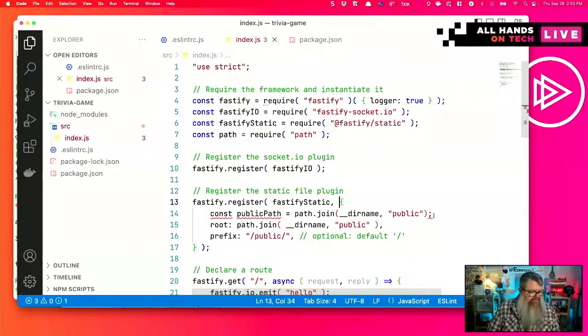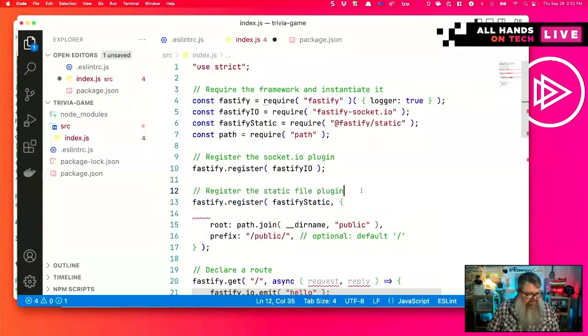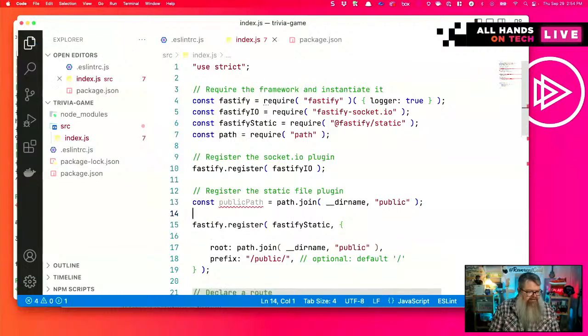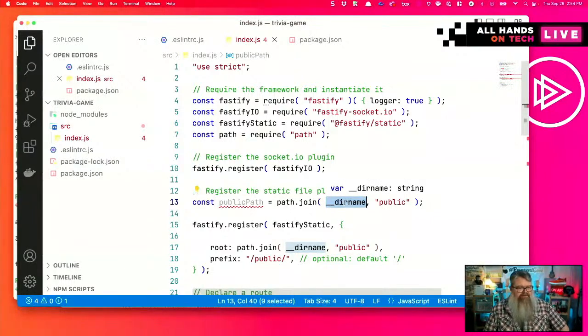Oh, I'm doing this in the wrong spot. Underscore dirname is a special global variable inside Node.js that specifies the current directory of the project, or where this application is being executed.